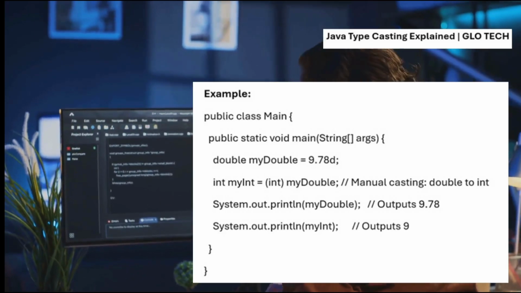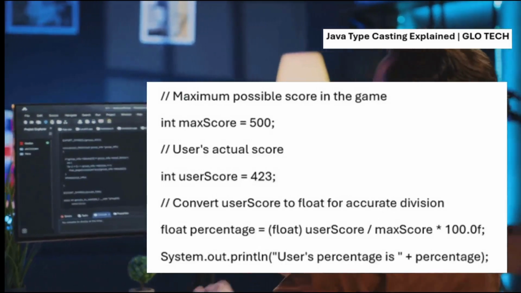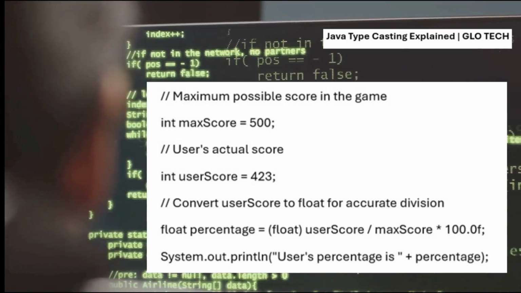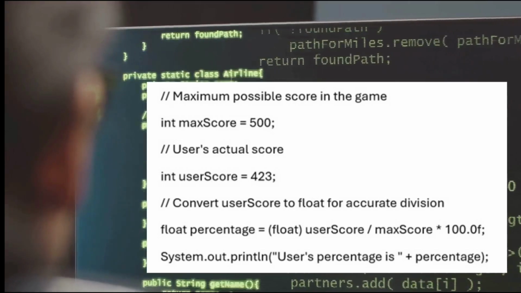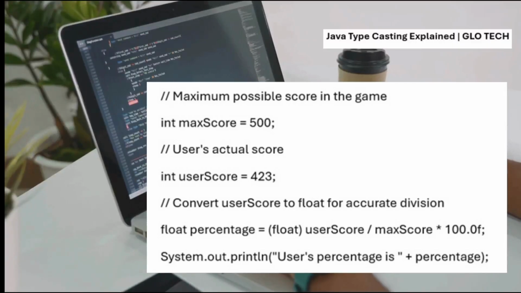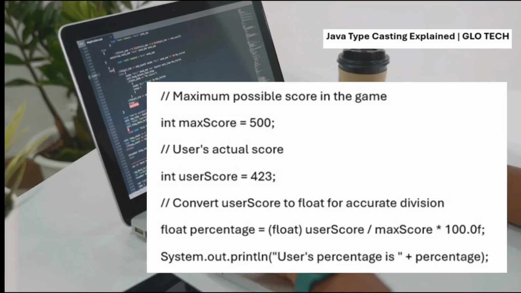Now let's see a real-life example of typecasting in action. Imagine calculating a score percentage in a game. int maxScore = 500; int userScore = 423; float percentage = (float) userScore / maxScore * 100.0f; System.out.println("User's percentage is " + percentage);